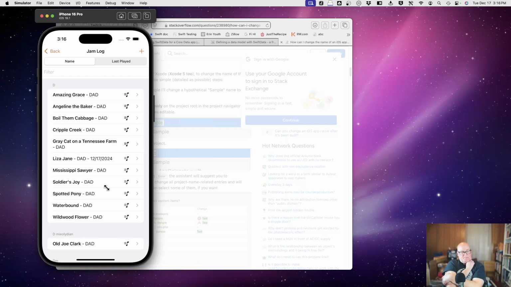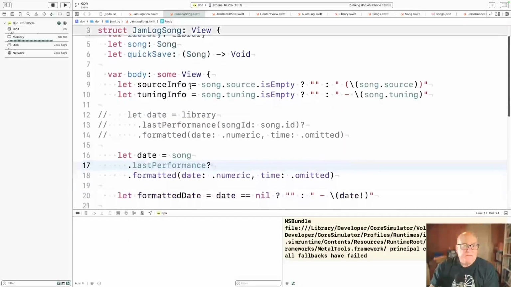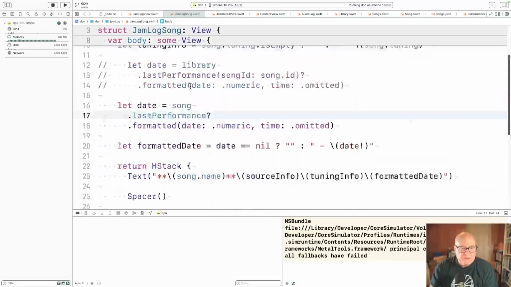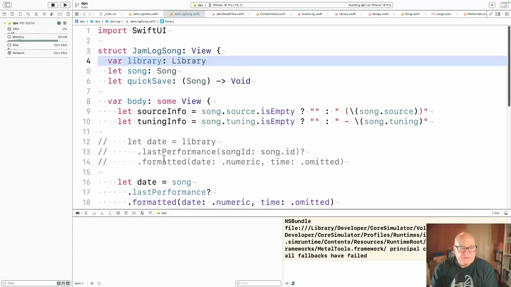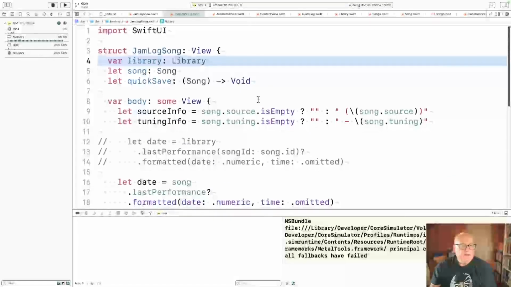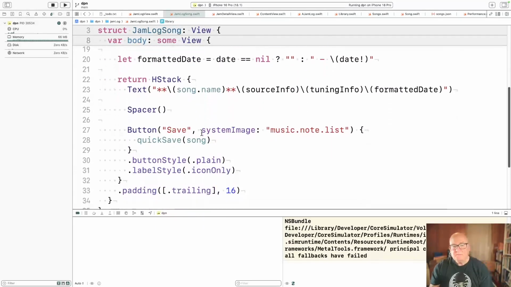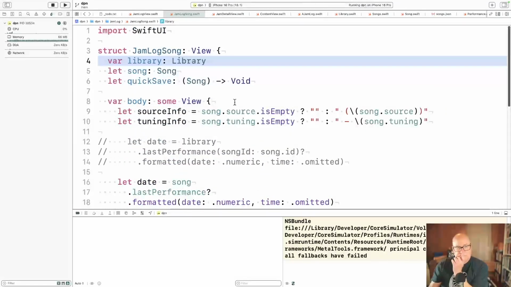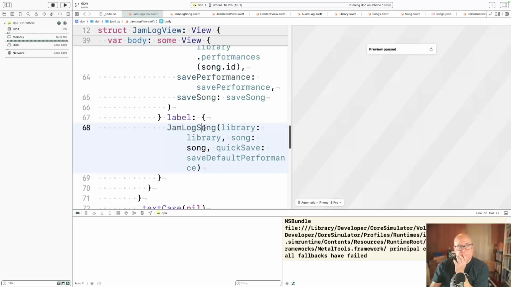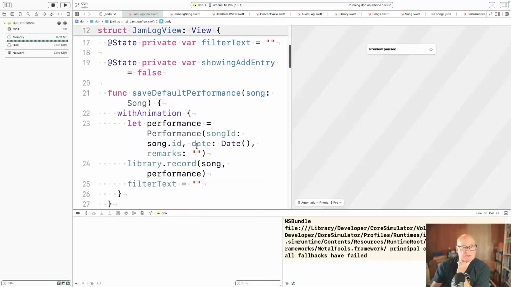Well, let's see. Now, I think the only reason I needed the library was to get that. Okay. At binding library. Where's songs?